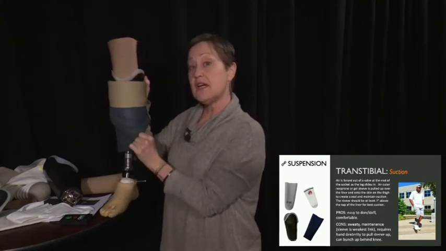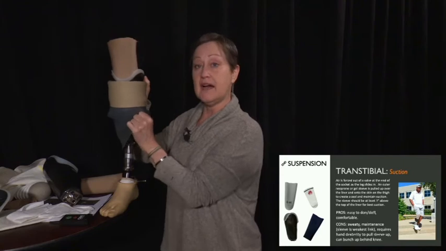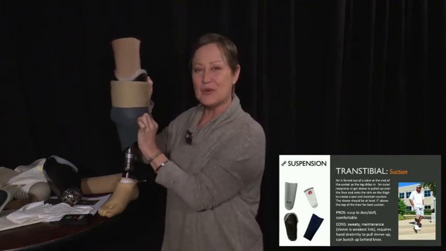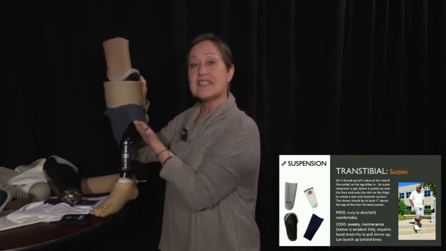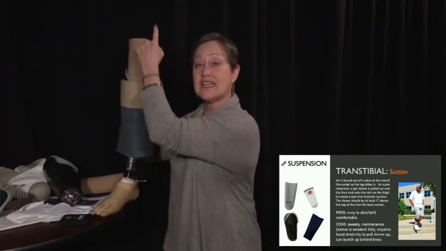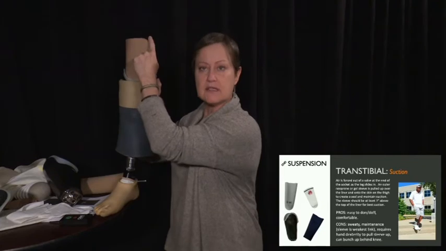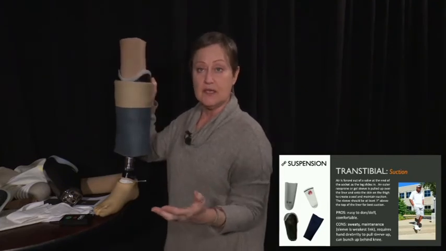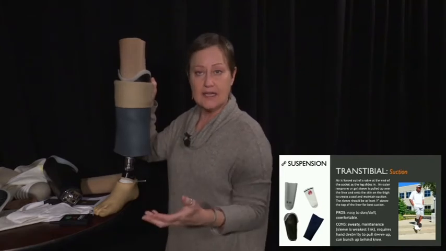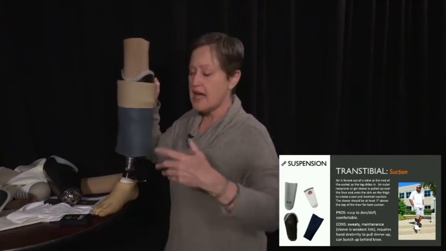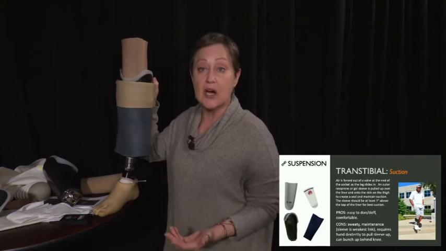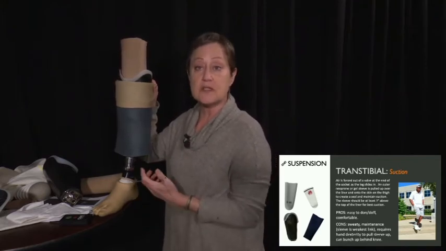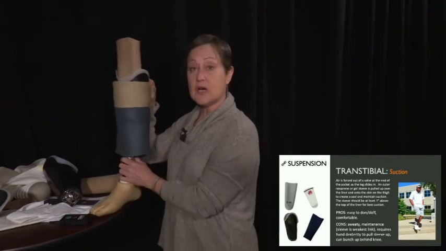The whole trick here is that you need to have a significant amount, and by that I mean at least 2 or 3 inches of sleeve on skin above the liner. That's your closed system for suction. Air can't get in, air can't get out. Patient takes a few steps, that forces the rest of the air out of the one-way valve. Boom, you have your suction suspension. So that's the general concept.